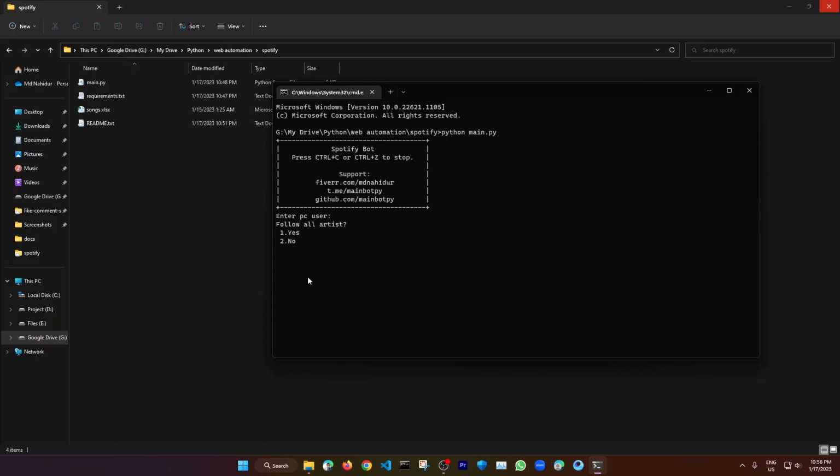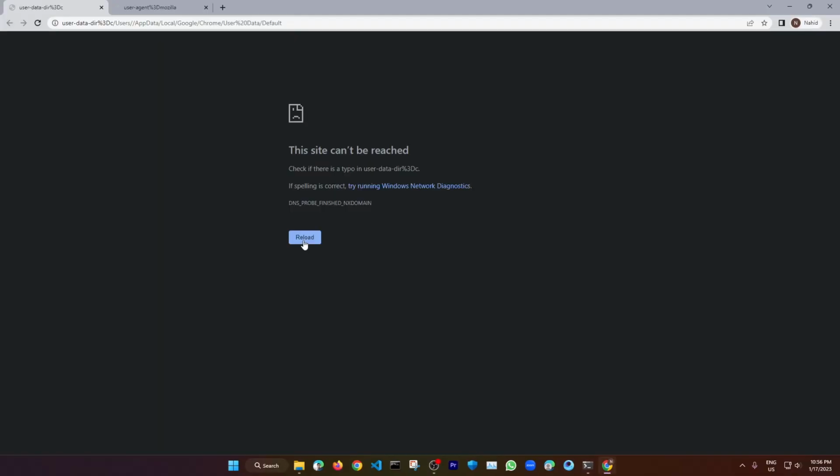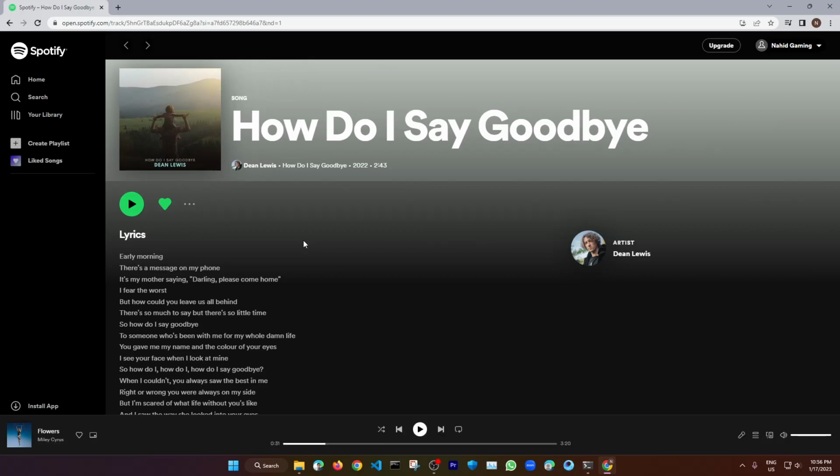So it will run the bot for you. Okay, my PC was lagging. Okay, so it will ask whether you want to follow all artists or not. If you press 1, then the bot will follow the artist, and if you press 2, then it will not follow the artist. For now I am pressing number 1, so that you can see it is following. So all the things it is doing by itself. At first it will check that you have liked the